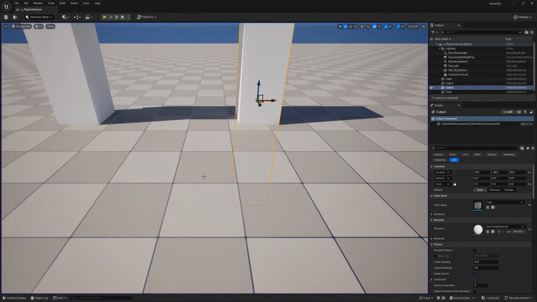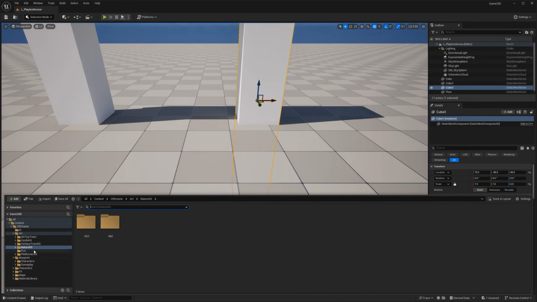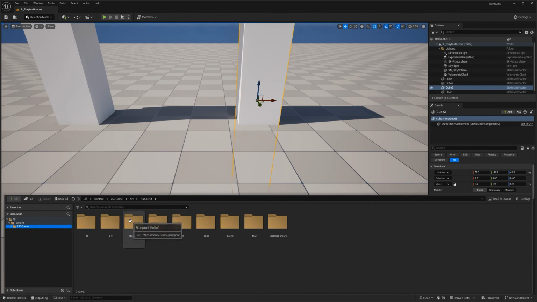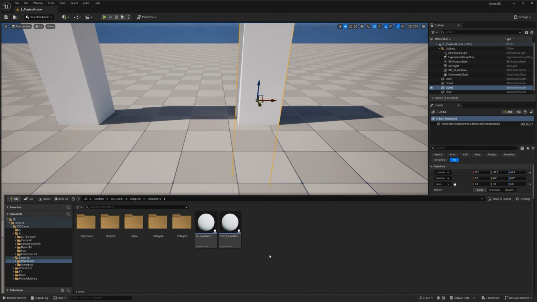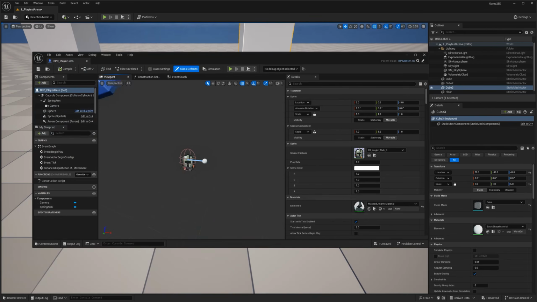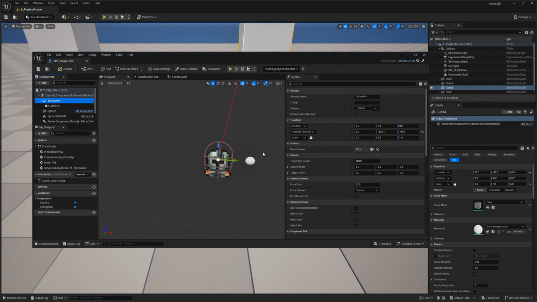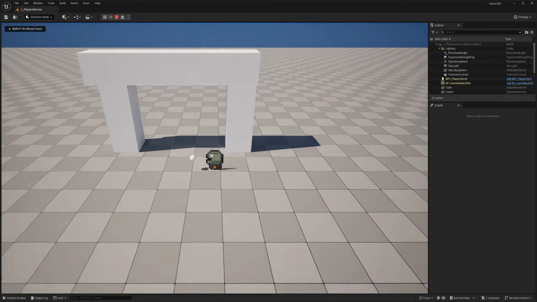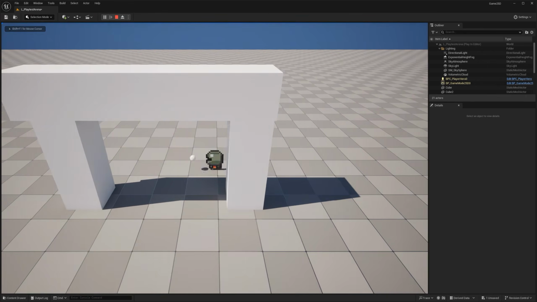So let's fix that. We're going to go back to my blueprint, characters, player hero. I'm looking for the spring arm. And the target arm length, that's where we change it. So I'm going to put 800. I'm going to compile, save, press play. It looks like a bigger distance, but you can see that happens again.